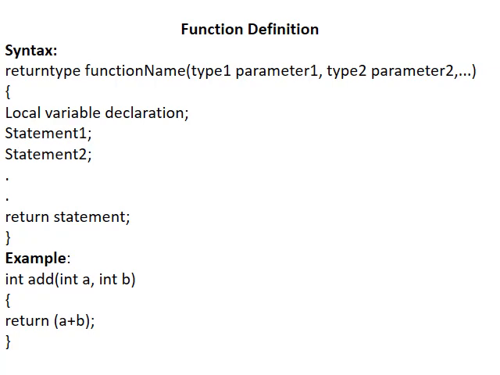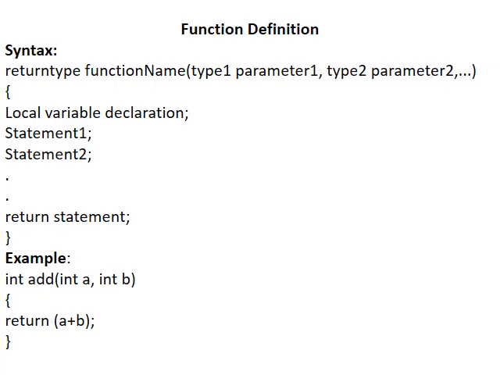Next, the curly brace marks the beginning of the function. Next, local variable declaration is similar to the declaration of variables over here. So for example, if I write int i, that is a variable I have declared and it is valid only within the function. It is local to the function, it cannot be used outside the function. Then followed by that we have statement 1, statement 2, like that. The statements we include there specify the task to be performed, or the instructions which perform this particular task. Finally we have the return statement, where we specify that we are sending the result back to the calling function.